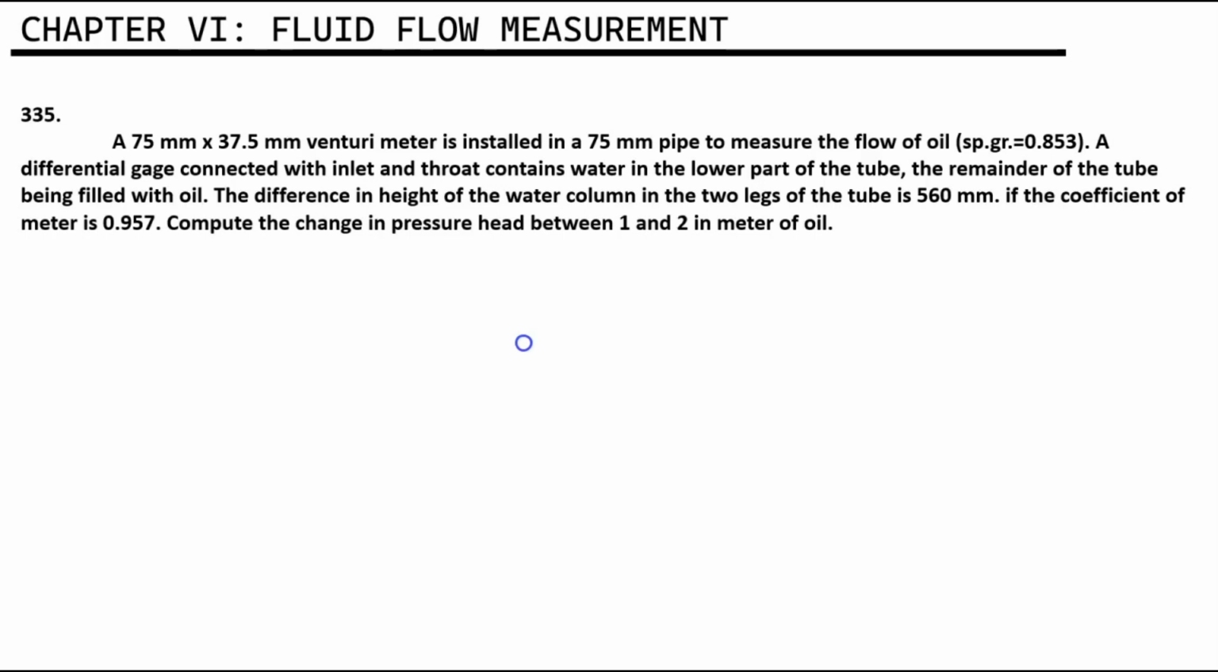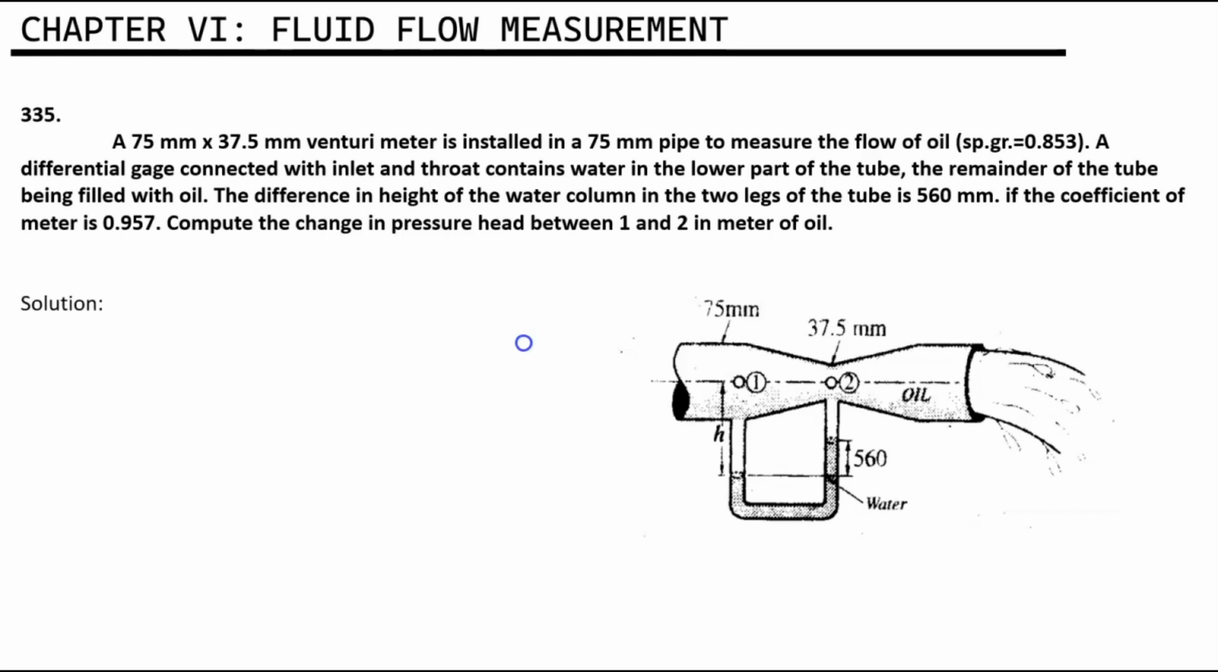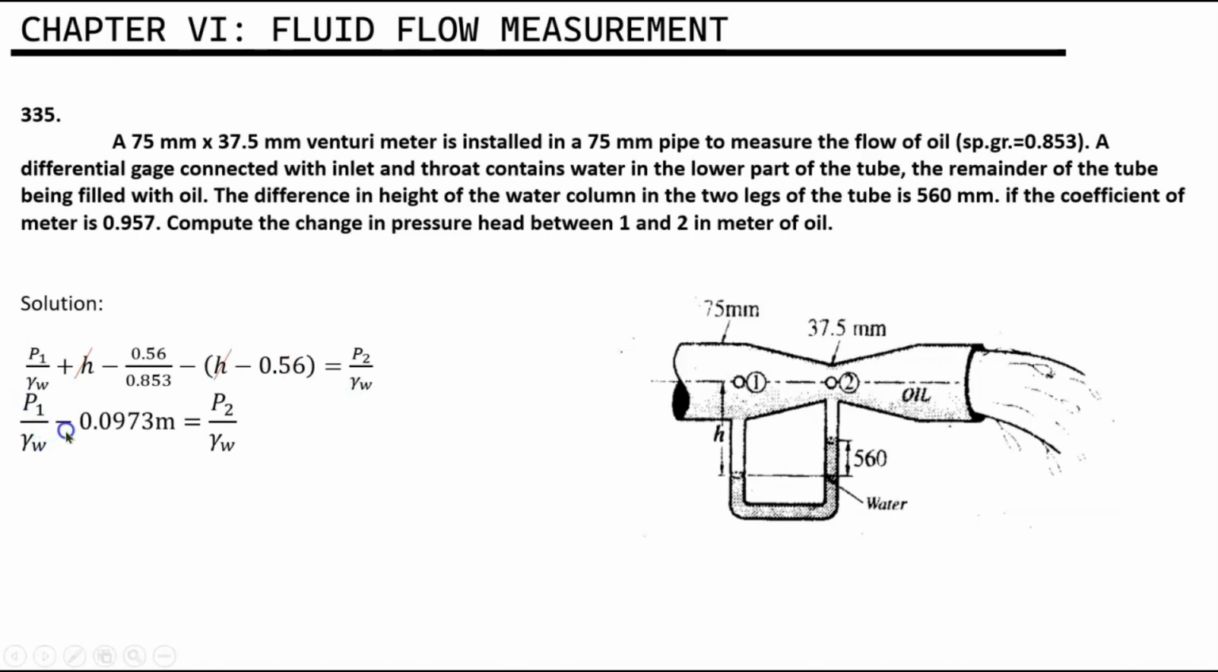So, here's our figure. By solving this problem, we need to apply the Bernoulli's energy theorem. So we have P sub 1 over specific weight plus height minus 0.56 divided by 0.853, which is the value of our specific gravity, minus height minus 0.56 is equals to pressure 2 divided by specific weight. So, canceling the height because they are the same. So, P1 over specific weight minus